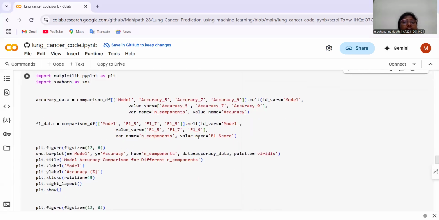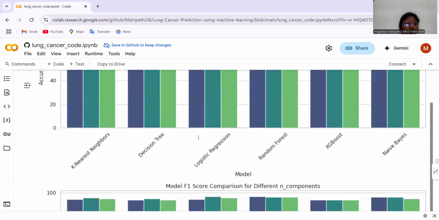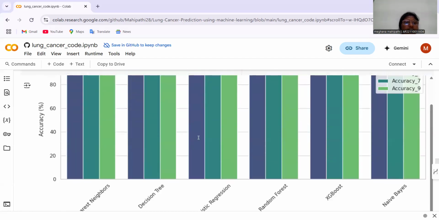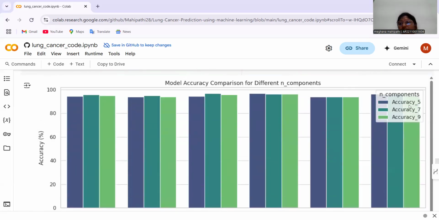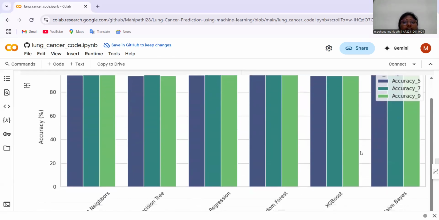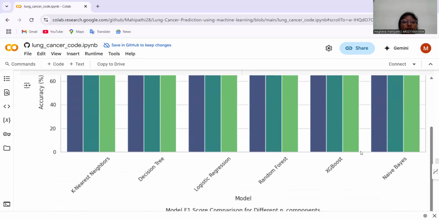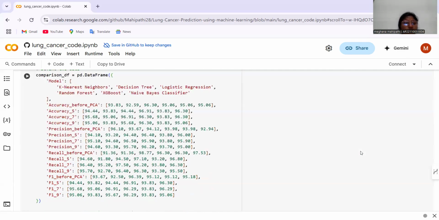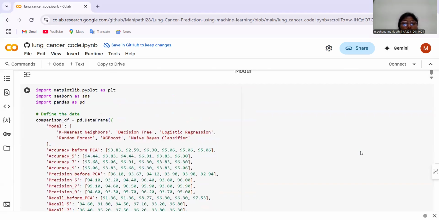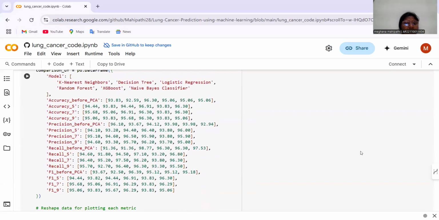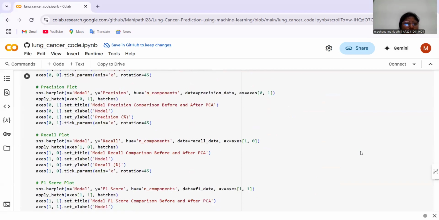In this, you can clearly see the plotting of the PCA. Let's plot. Here comes the plotting of the PCA. Before, you can see violet represents 5 components and 7 components, and green represents 9 components. Definitely in this graph we can clearly see that with 7 components the accuracy is high, so we'll go with 7 components. And in the next part of the code